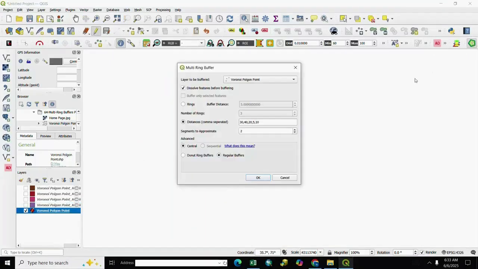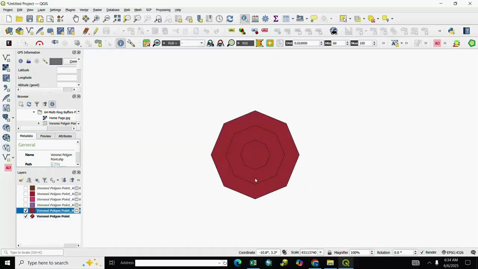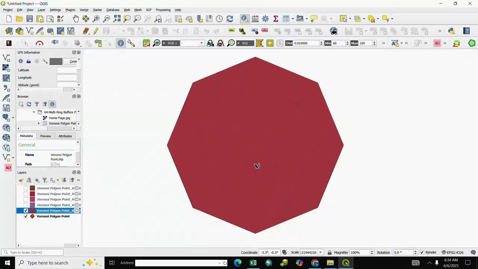Next process, we go to again buffer, ring and we select here sequential. After sequential, we OK. You see here it's sequential.